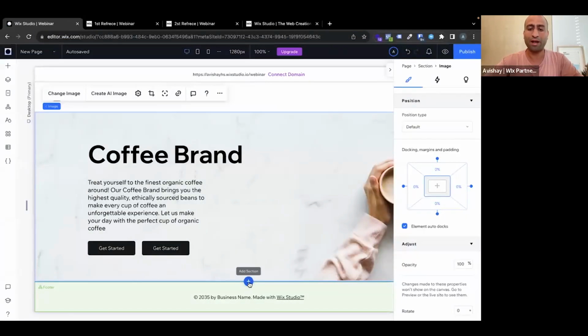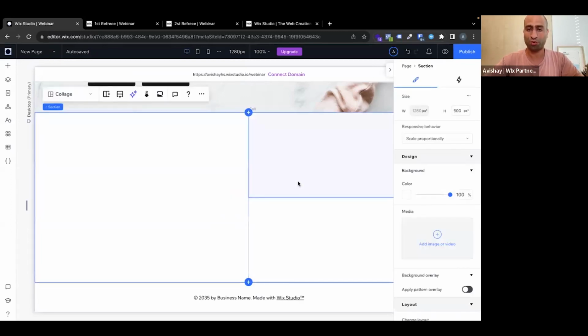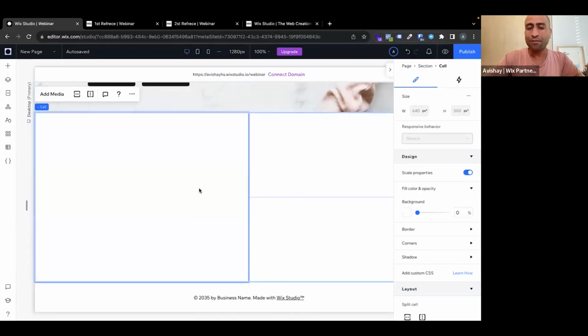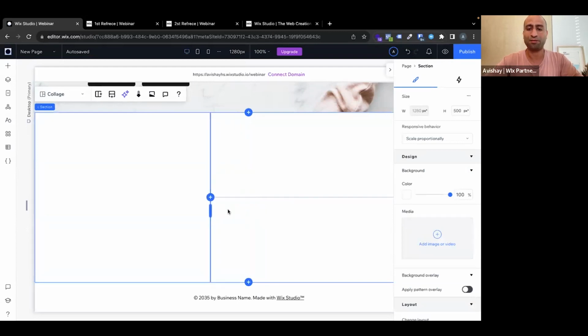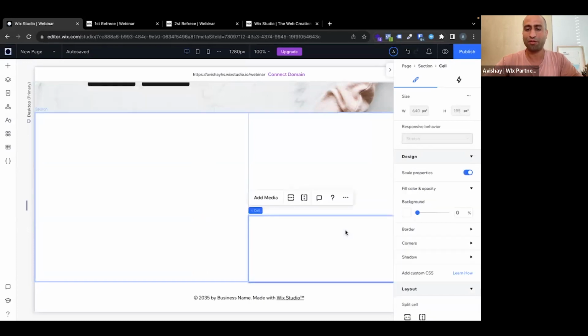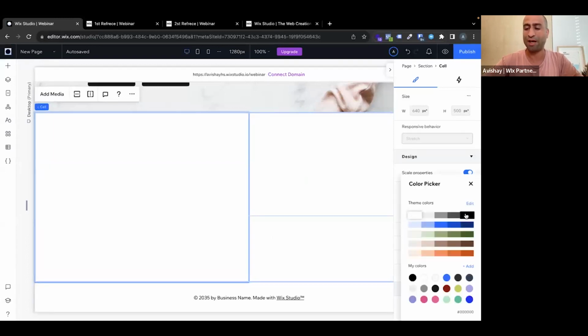We will start by adding a new section, and we can create a super grid using those options. I would like to use this collage option. I can use this handle to move it in the screen, as you can see. Let's set this cell to a different size. Those are different cells. Those are the right terms. Let's change the background of the left cell into black